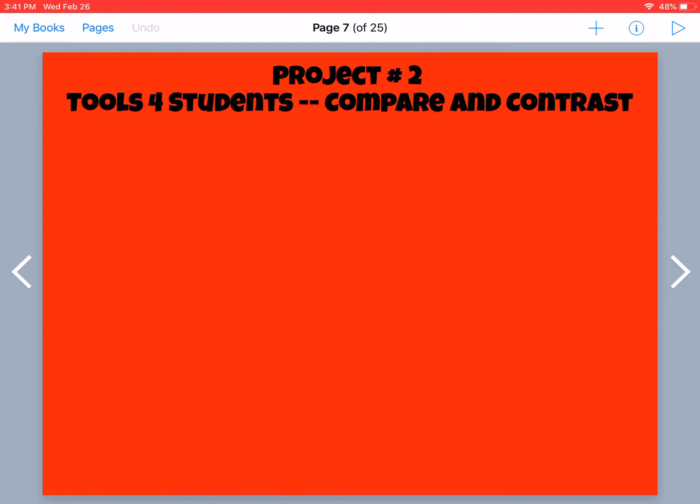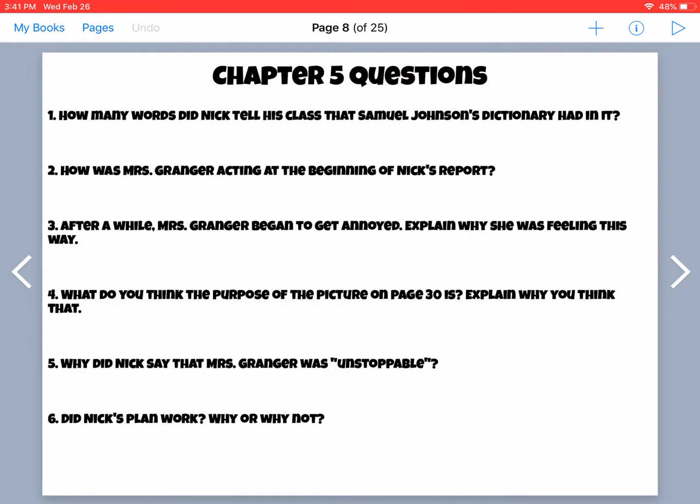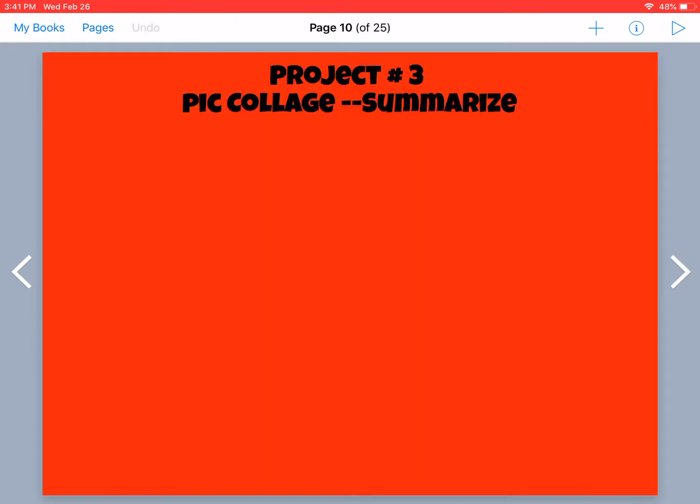This project was simply doing a Venn diagram. It says tools for students, but we've done it on Seesaw, or they can simply just do it in Doodle Buddy and add their text and then save it and put it into this page. So by the end of the novel study, you're going to have a wonderful array of projects to show that